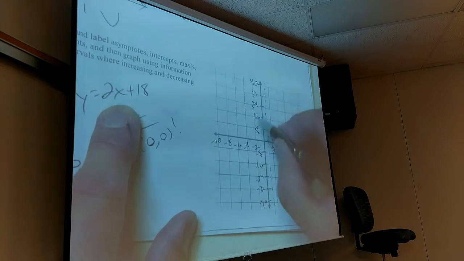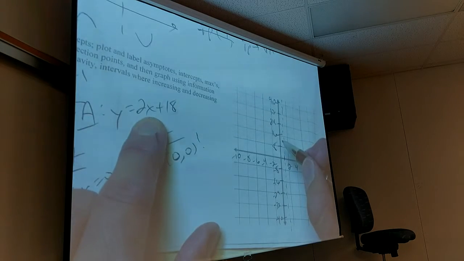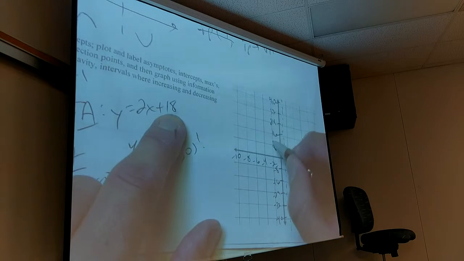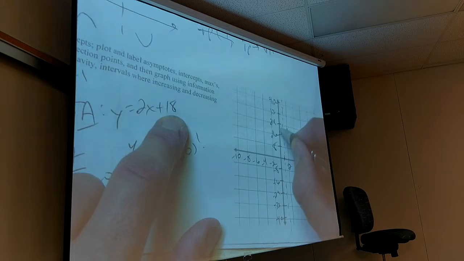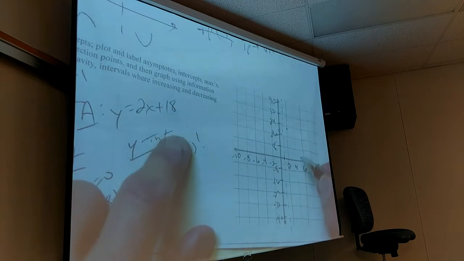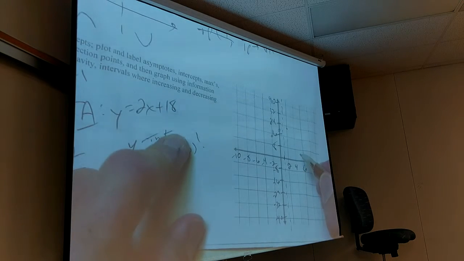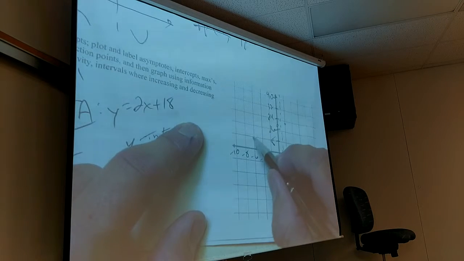If I put a -2 into this, I get -4 plus 18 is 14. Let's see if you guys are cool with this. And if I put a 2 in, I get 4 plus 18 is 22. And of course, if I put a 0 in, I get 18. No idea if you guys are following me here. So I'm trying to get what my slant asymptote looks like,